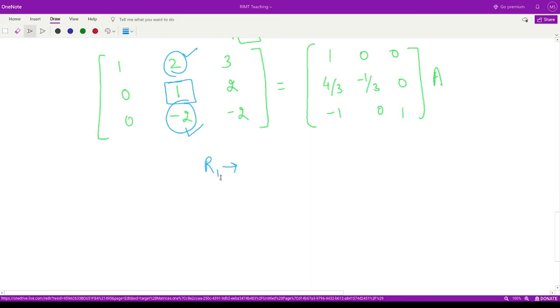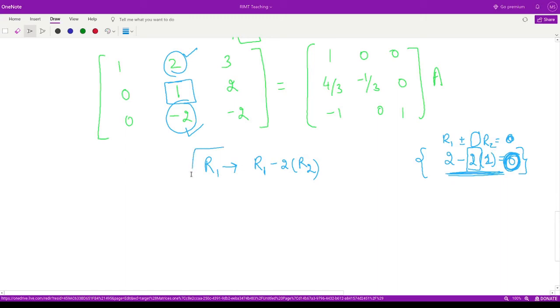So on R1, we are performing the operation that subtracts from R1 2 times R2. That means we are saying 2 minus 1 into 2 into 1, right? This should be equal to 0. This is how we have defined our operation, because we know we require 0 here. So what number should I write here, such that using row 1 and row 2, I have something here such that plus or minus this number would be 0? This is the aim. Using this, I have reached this operation.